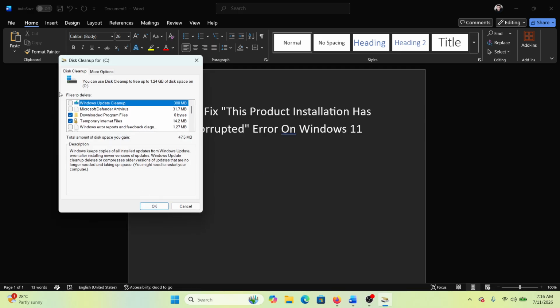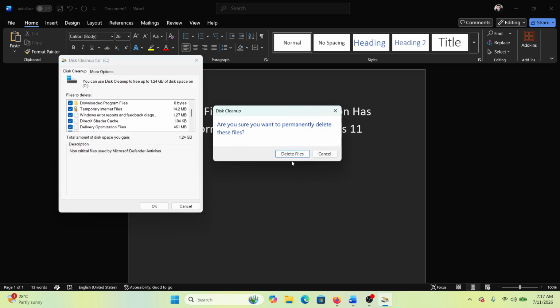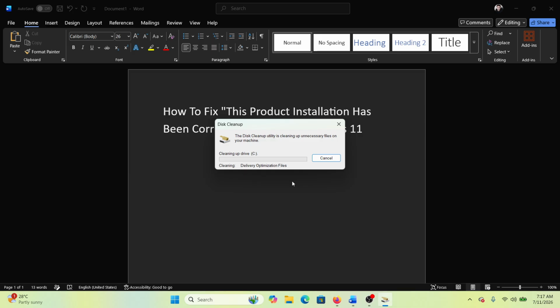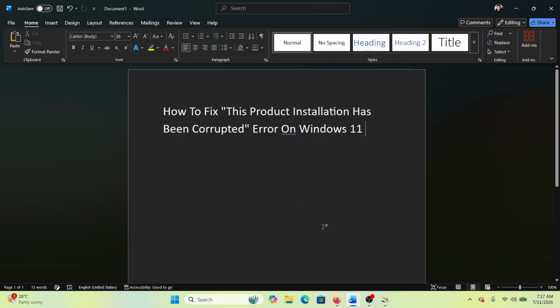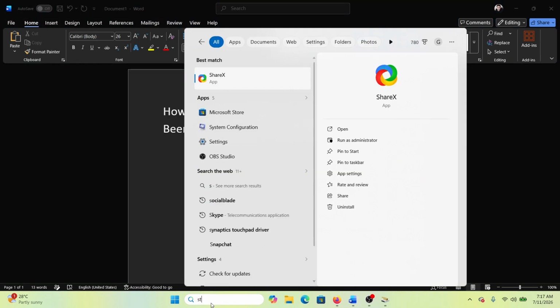And then you can check all of these boxes again. And then click on OK and then delete files. So you need to clean up any remains, and this is the easiest way to do that. It will also clear junk and files in the recycle bin. Now wait till it's done, and after that, instead of installing it from the website, try to search it on